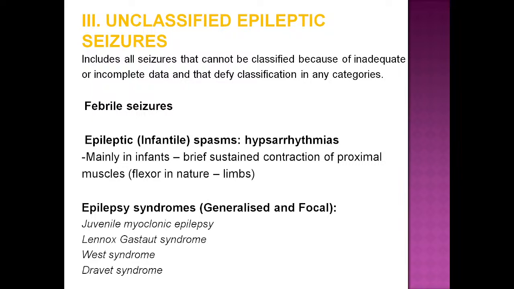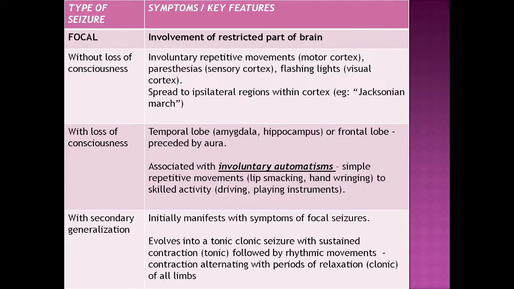Okay. Then there is Lennox-Gastaut. Then there is Dravet syndrome, West syndrome. Lennox-Gastaut happens in children who are between 3 to 10 years of age. It has multiple etiologies associated with it, whereas Dravet syndrome has a single gene defect and it occurs in younger children. So each syndrome has a typical age group of onset, and they have a constellation of symptoms which occur along with the epileptic seizures. These are the key signs and symptoms.